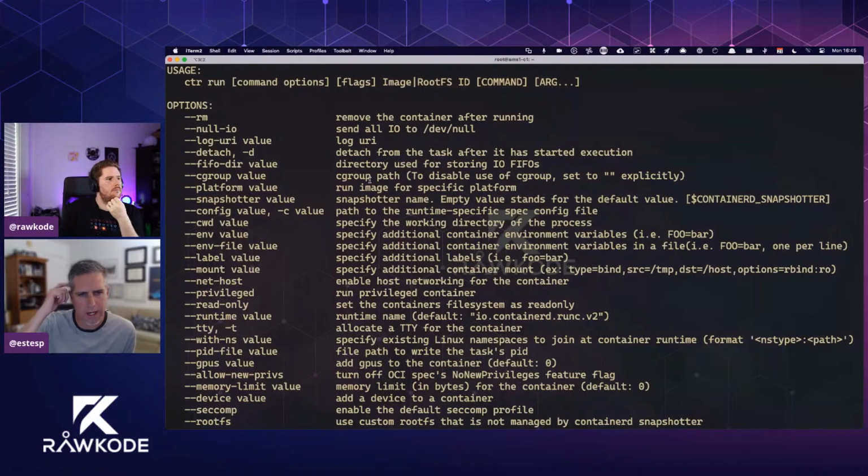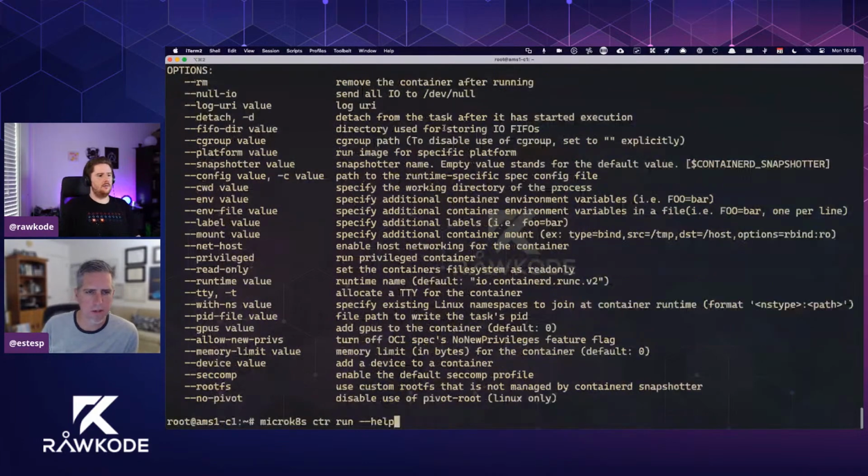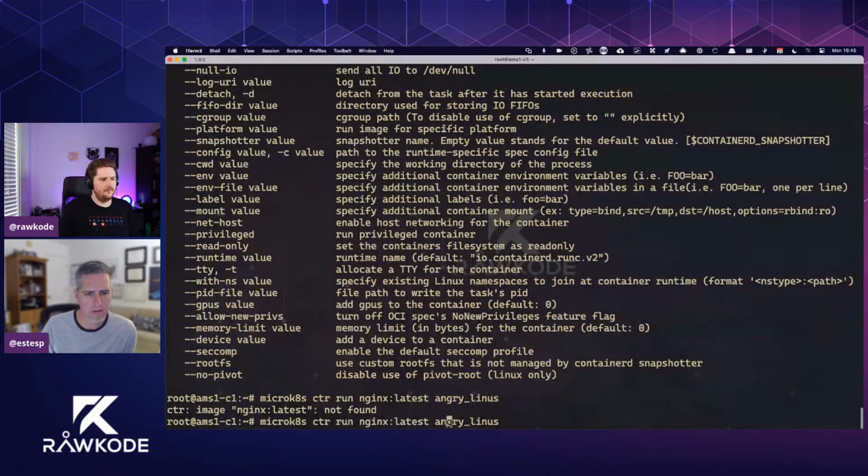The ID is last. Did you get an error? You should just be able to specify a name after the image. Oh, but you'll need docker.io/library in front of nginx. Again, there's no default to Docker Hub.